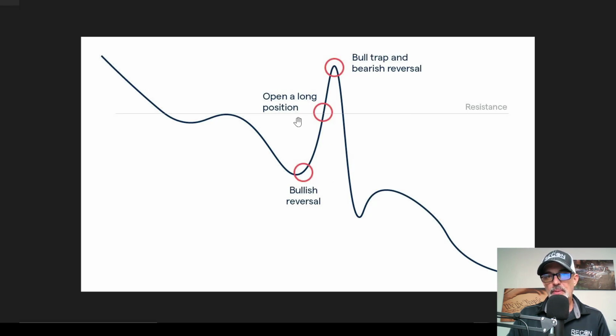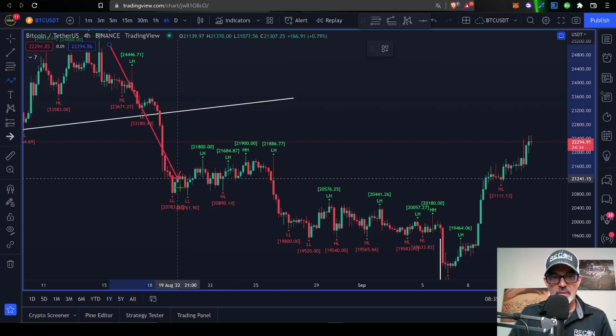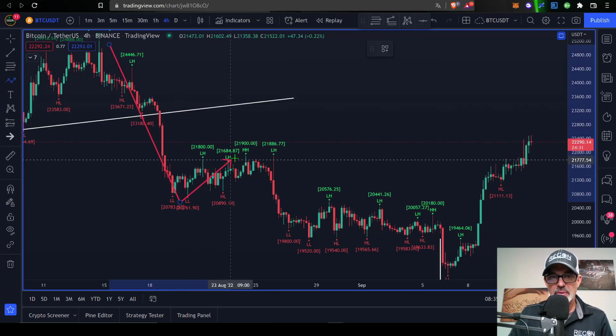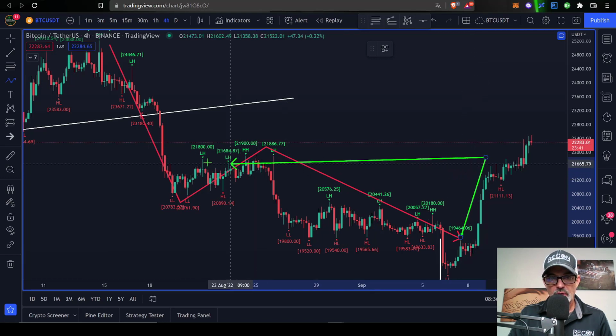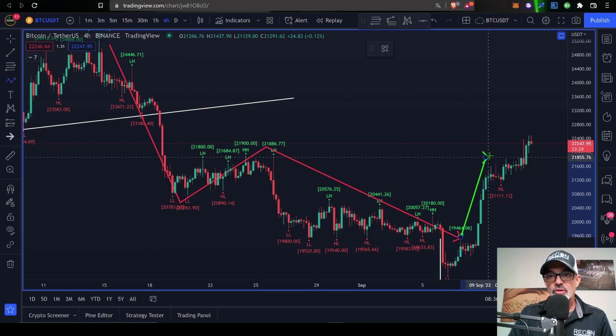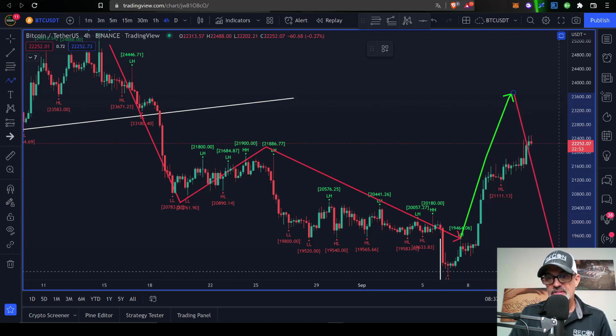And so if you keep this pattern in mind when we jump back over here to the Bitcoin chart, you can see where Bitcoin sells off, it gets a little bit of a bounce, only to eventually roll back over. And then you get the bullish reversal, which does breach this prior level of resistance back here. And so now the question would be, if this is a bull trap, how high can the bulls push this price before we see the reversal and perhaps the sell-off lower than the 18.5 level